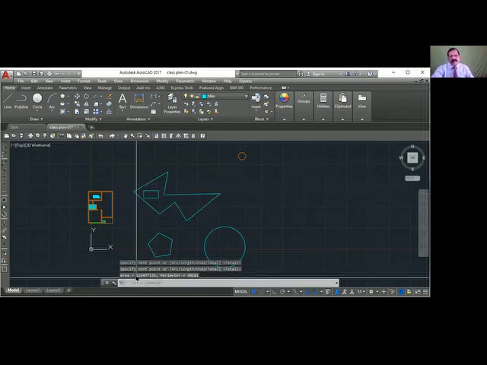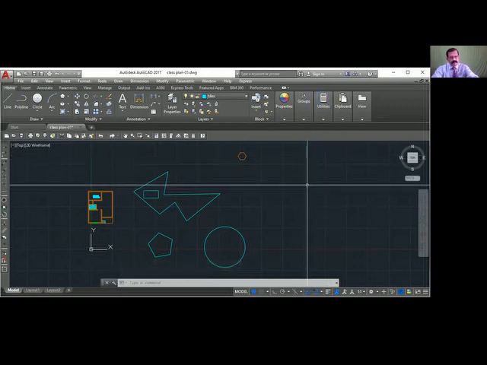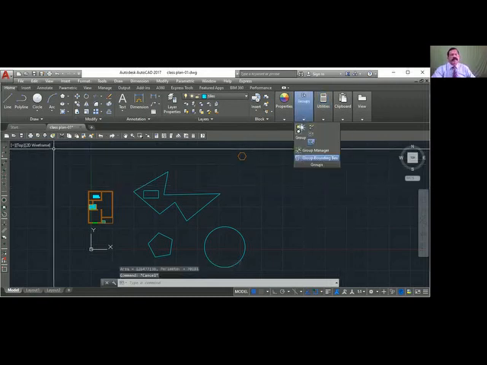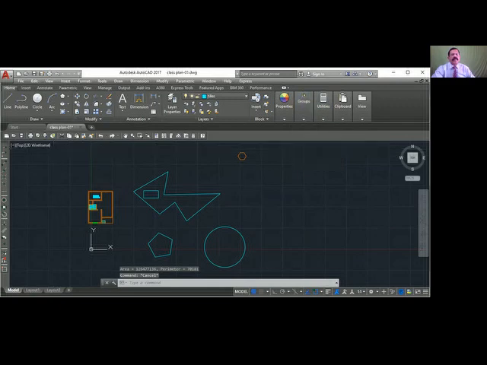So this is the area. This much square millimeter is the area, and it gives you perimeter also. Okay, so what is the command? Area. You can get that command area from utilities also.